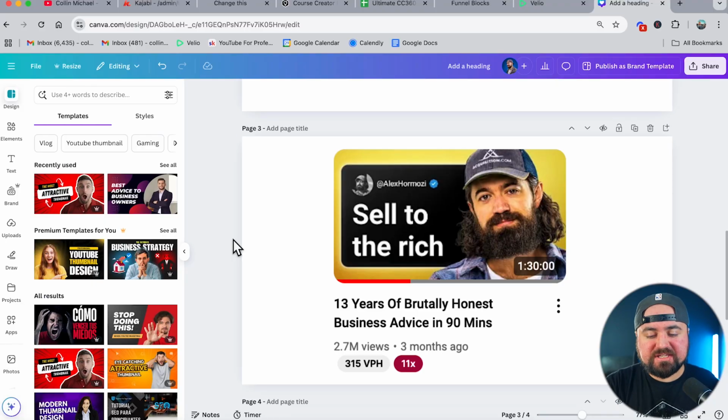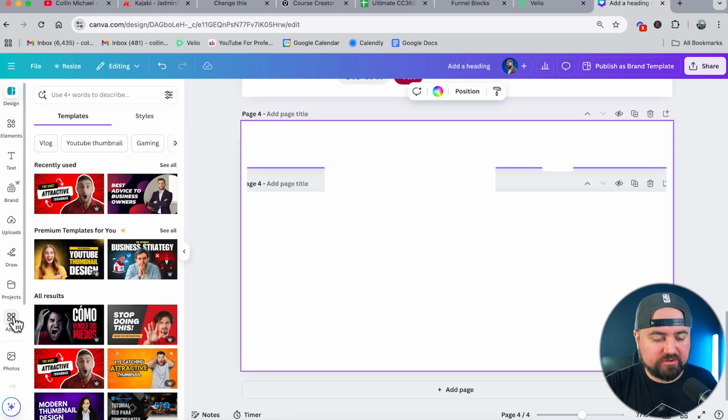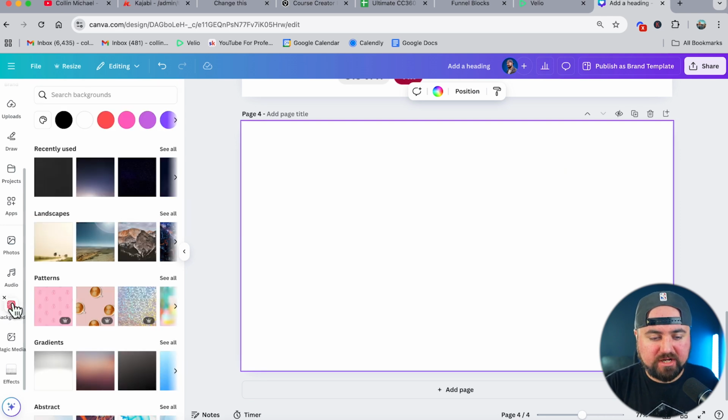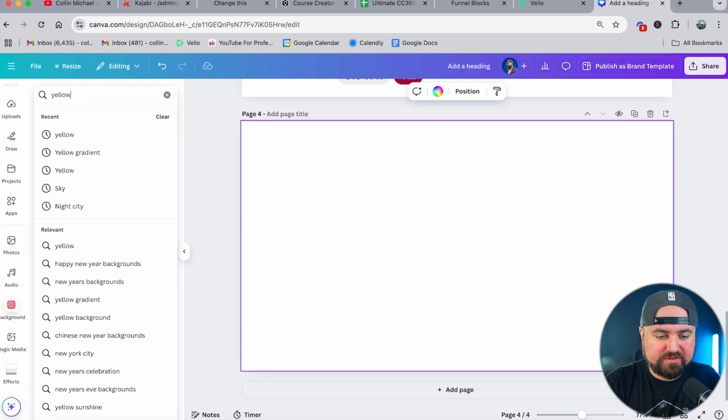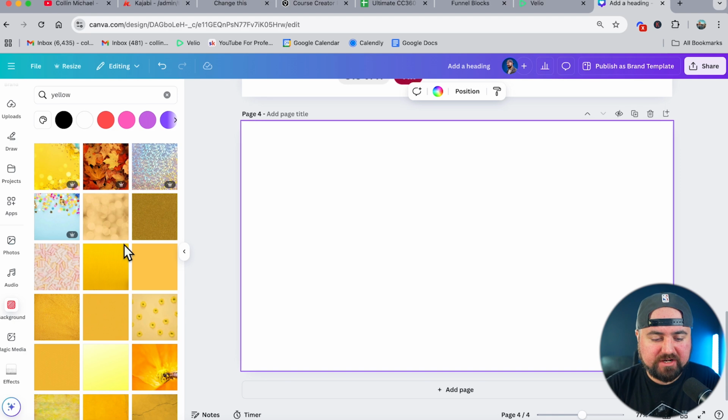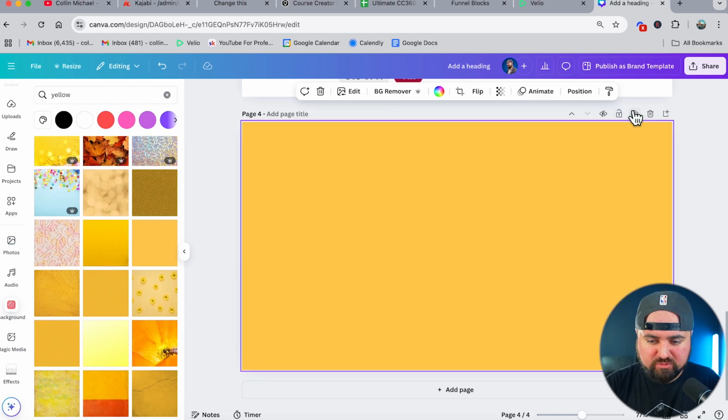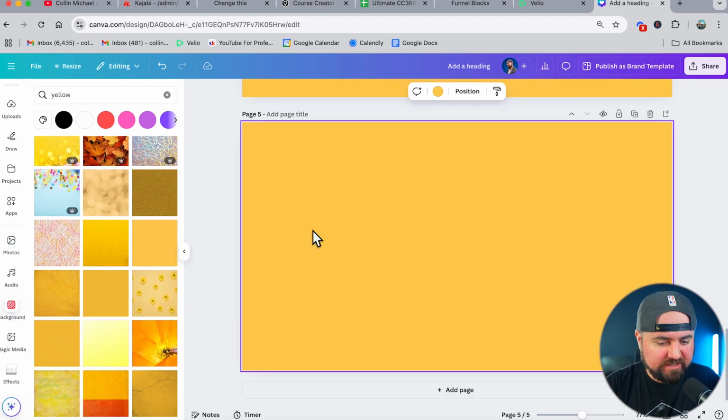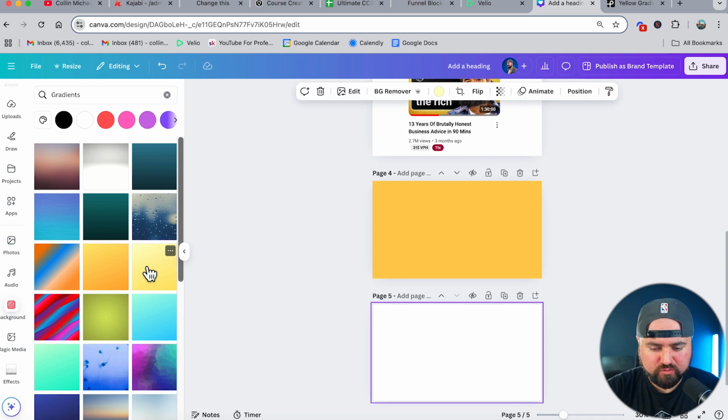So to start, we're going to need a yellow background. For this, we're going to scroll down on the far left side, click on backgrounds, and I'm just going to type yellow into the search bar here. Let's see if we can find a good yellow gradient. This one's promising. Let's duplicate, see if we can find another. Let's try just adding a gradient in, and then let's customize the gradient here and see if we can get